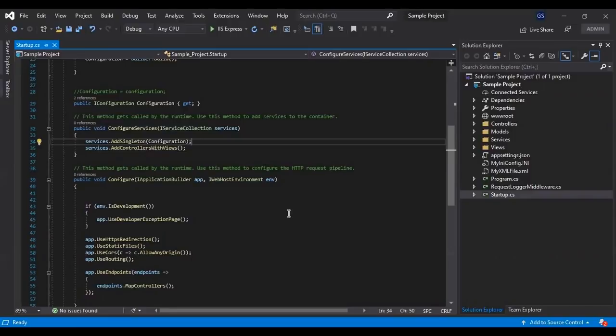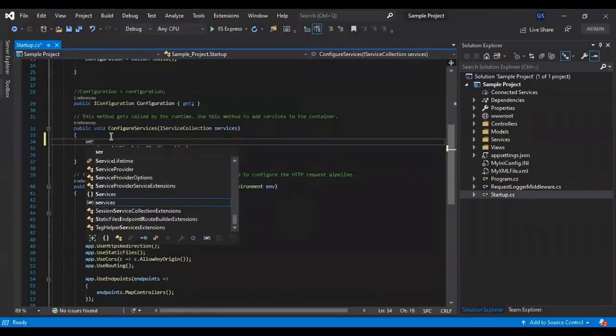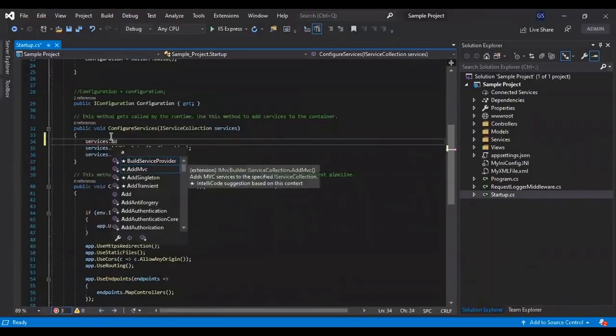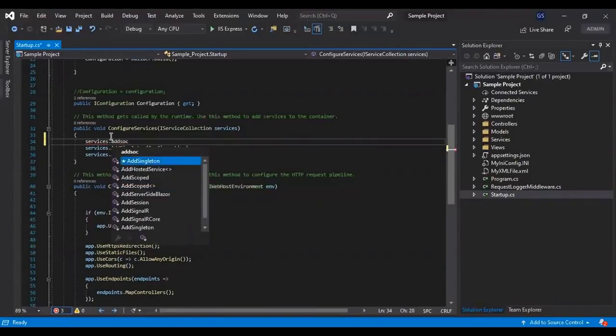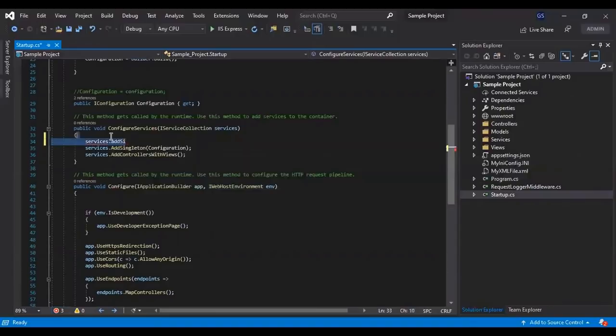As we discussed earlier, there are three lifetimes: singleton, transient, and scoped. Respectively, the service collection has an extension method for each. AddScoped is there, we have AddTransient, and we have AddSingleton. So these are the three methods created for their lifetimes.